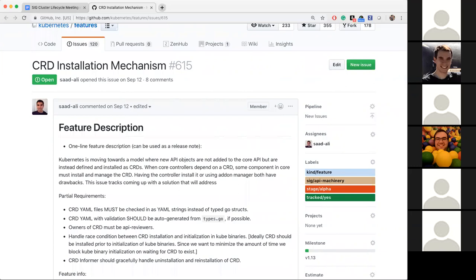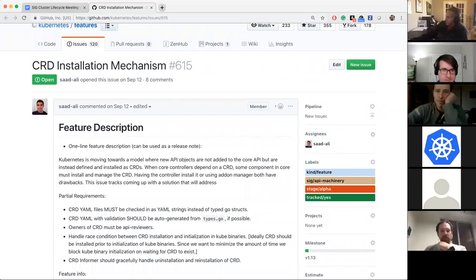Do you have thoughts here? I was trying to read through the issue since I missed the beginning of Sa's description, to figure out exactly what they're looking for. Because when I joined, he was saying something about the add-on manager, but I didn't catch the background. Right. So real quick,